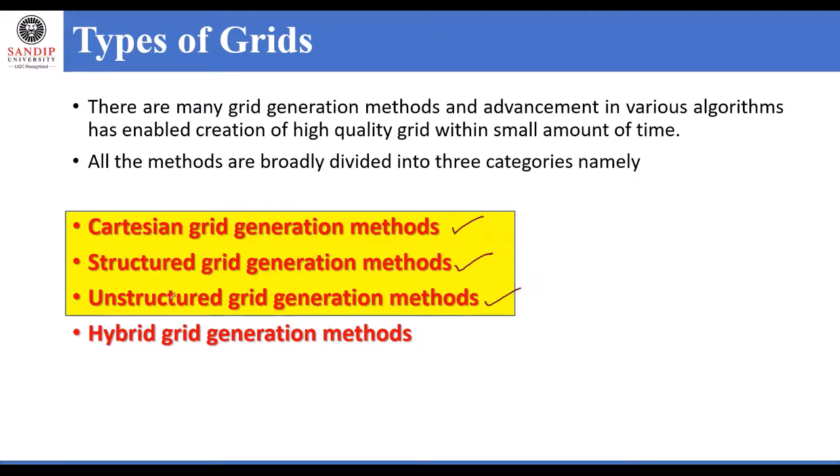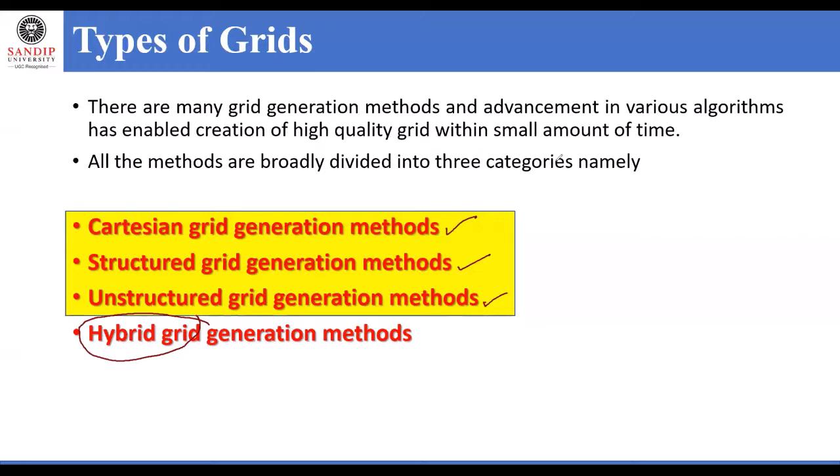And the other one, which may be from any of these, or which may be coupled between these, utilizing more than one method, is called a hybrid grid generation method. In the hybrid grid generation method, we cannot easily classify whether it is a Cartesian grid, only a structured grid, or only an unstructured grid. When you say it is a hybrid grid, it may be a combination of methods, utilizing them to obtain the solution for that particular case.